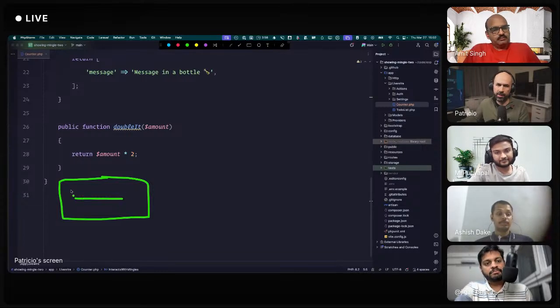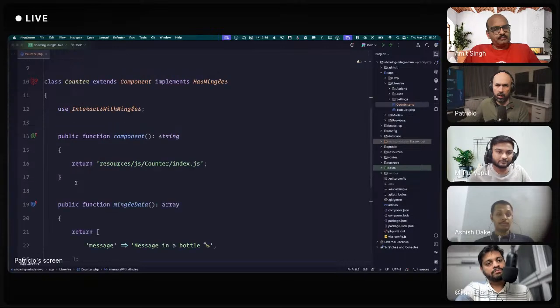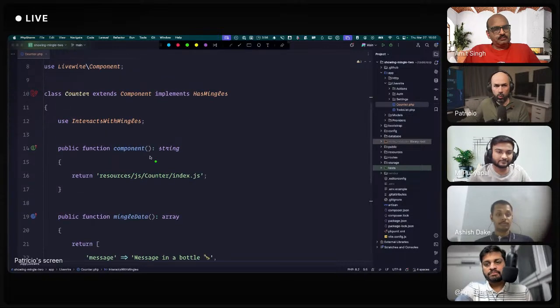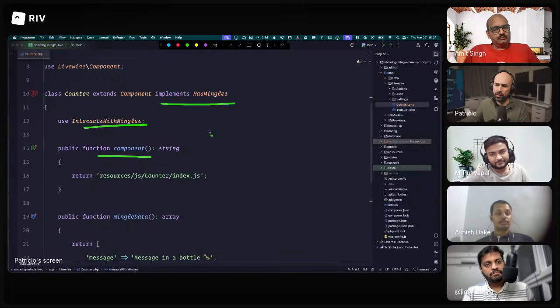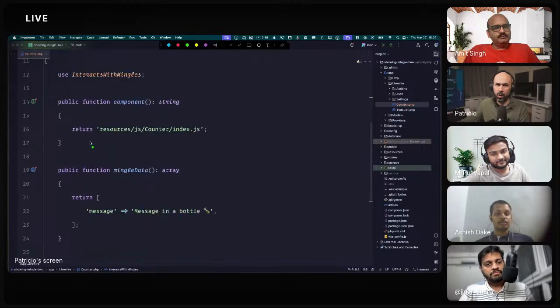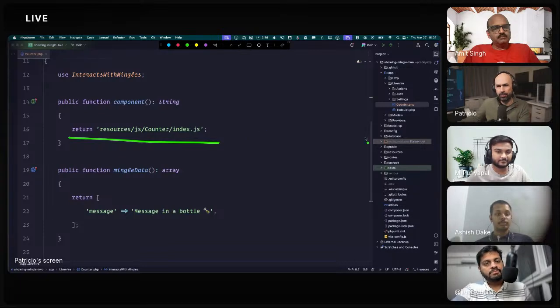Instead of a render function, we have a component function, which is mandated by asMingles, and there are some other mechanisms needed. So we use this trait, and that's it. We are just pointing to this component as the rendering point.